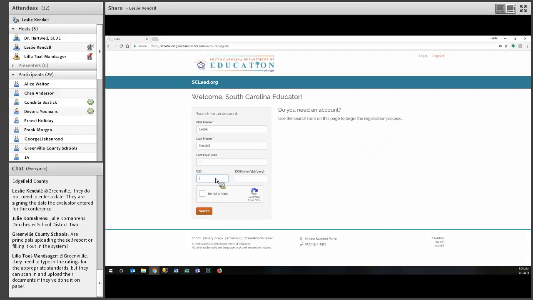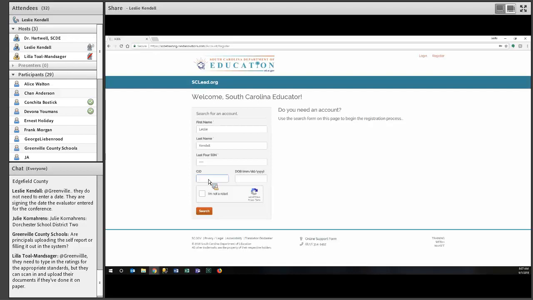I will say that for folks that have had a little trouble getting registered, it could be that the date of birth is incorrect in our system. We've seen a few folks come over as 1/1 and then the birth year, which obviously wouldn't be correct in most cases, unless you're a New Year's baby. And so if they're having trouble using their date of birth, have them enter in the last 4 of the social and then try just using the CID.